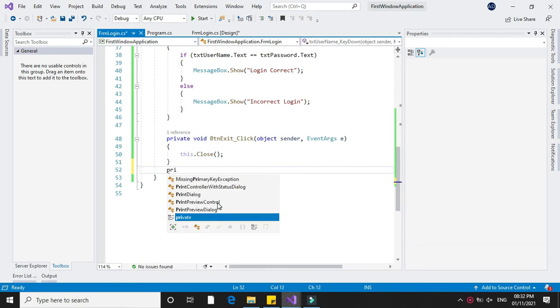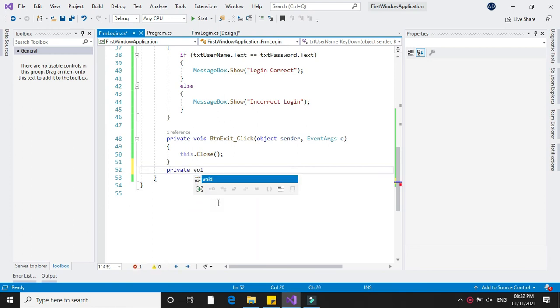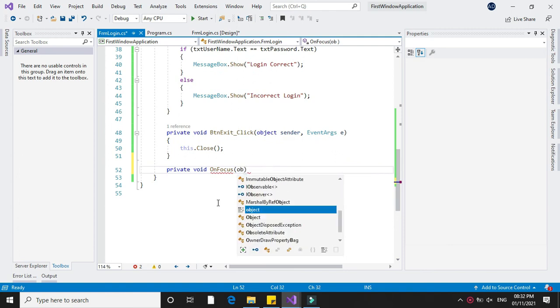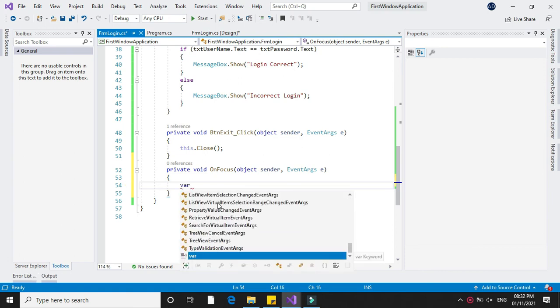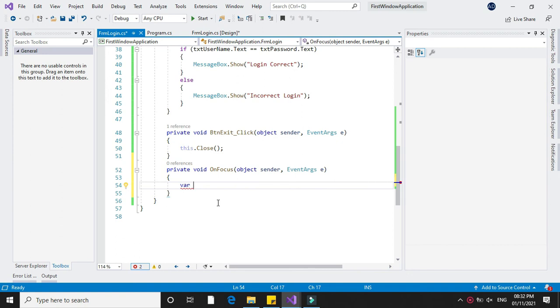So private void on focus with object as a sender, that is which control you have used, and event argument is E. And here we have to write the code. First you have to declare the control. So I will declare ctrl equal to sender as control,